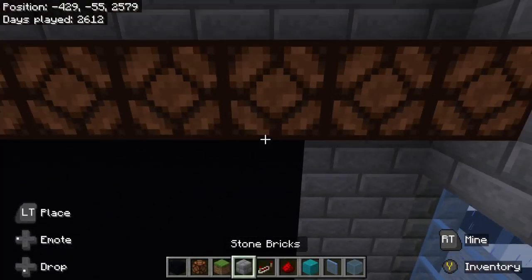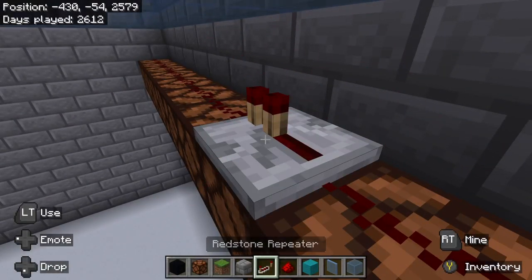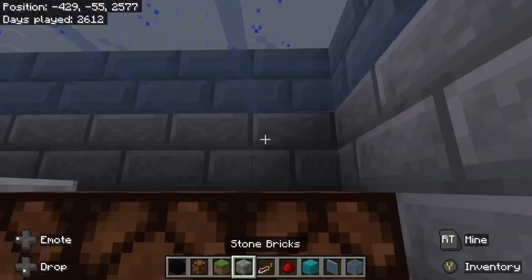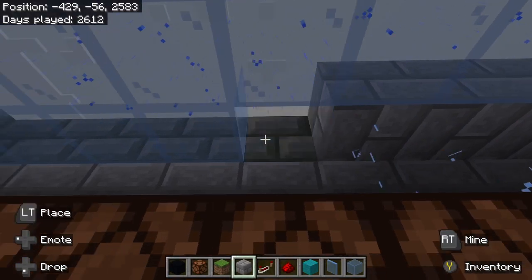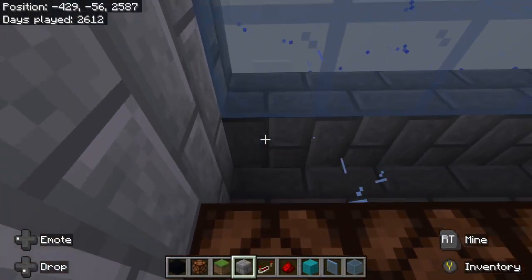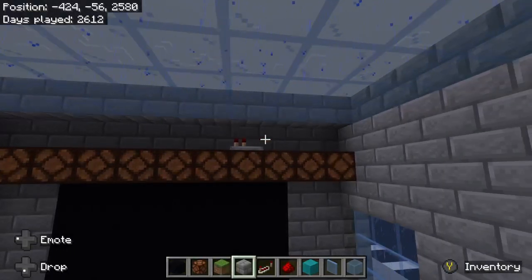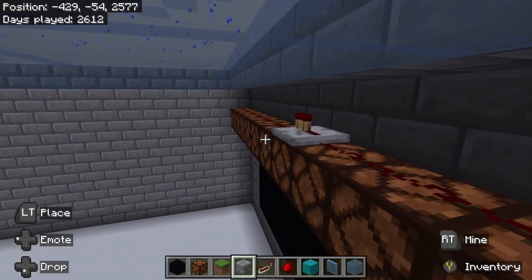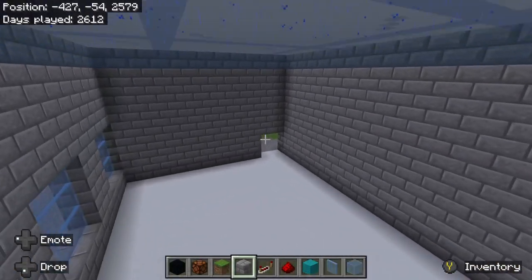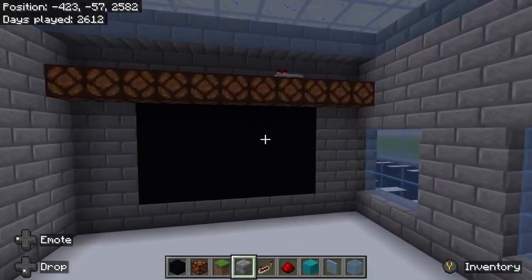But anyway, and then I realized that I did not set it up to where I could actually have it where you walk into the classroom and turn the lights on, so...